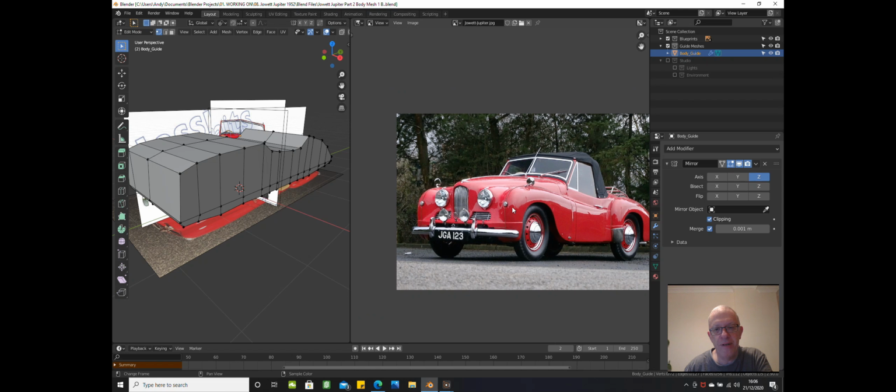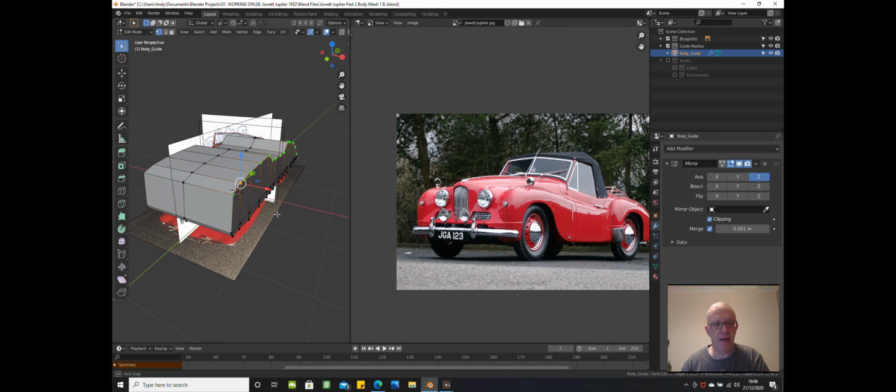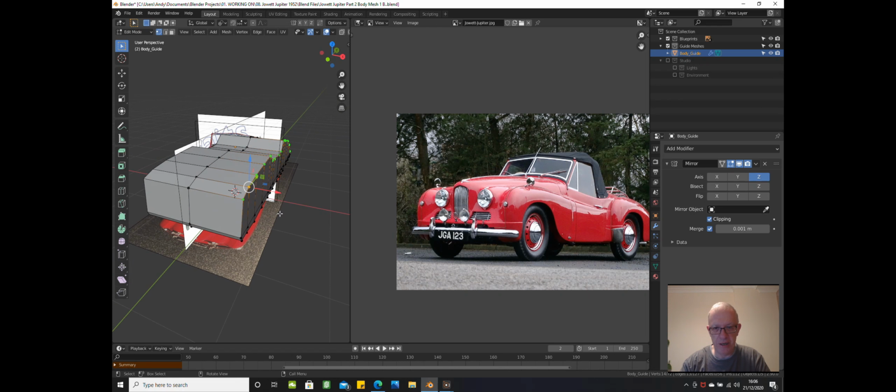So this line here that runs across is the outside of the car. So this line here will represent that line. Okay. Now to get the topology and the shape right,